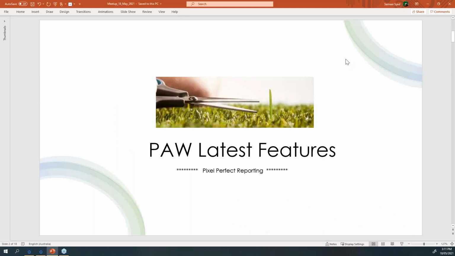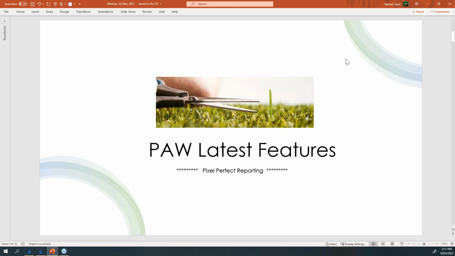Right, so for today's session, I'll be focusing on the latest and greatest features of Planning Analytics Workspace. I've just mentioned it as PAW. PAW stands for Planning Analytics Workspace. For those of you who don't know what PAW is, it is one of the front ends for TM1. TM1, we all know, works really well with Excel, but we also have a front end called Planning Analytics Workspace. And Workspace has been there since 2015 or the beginning of 2016, so almost 5 years now.